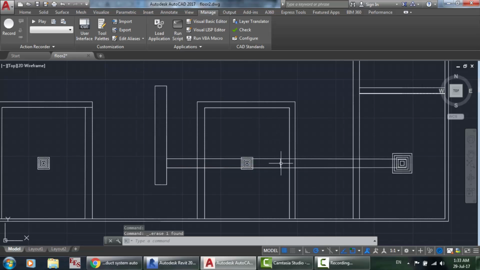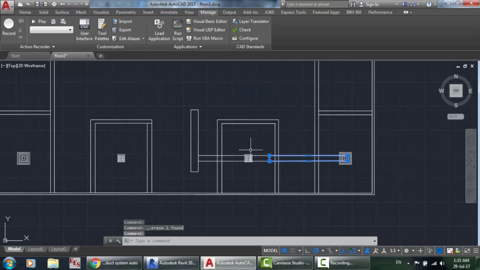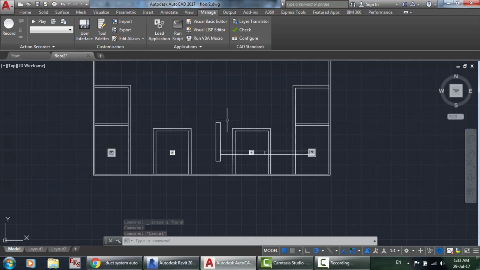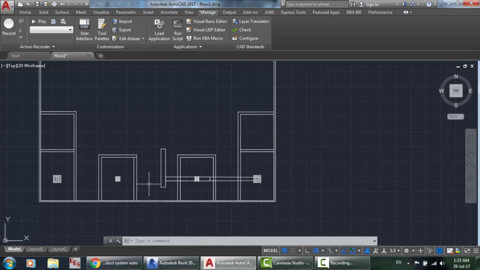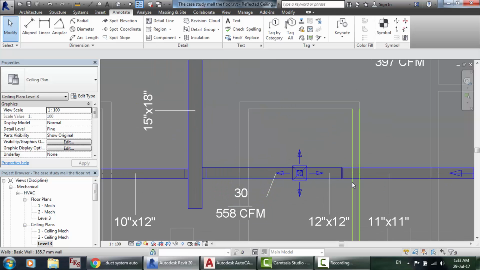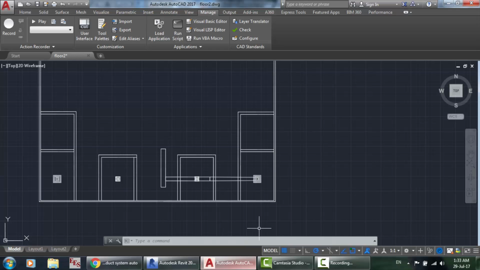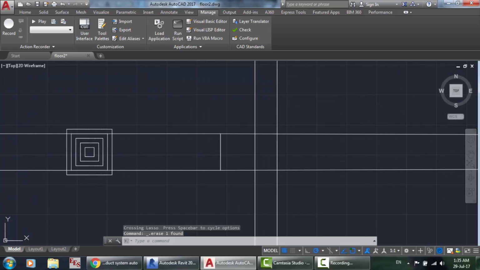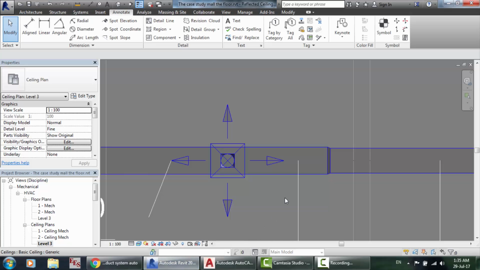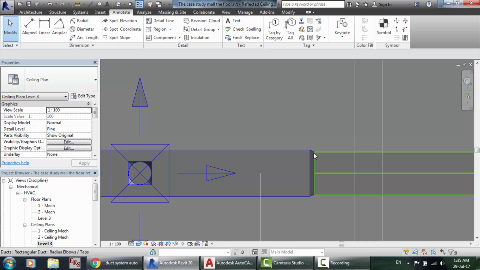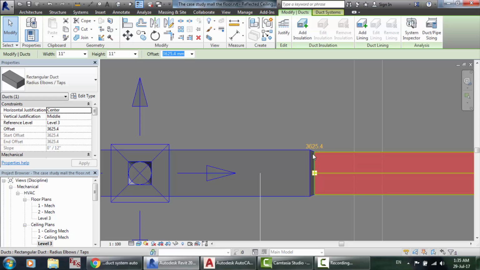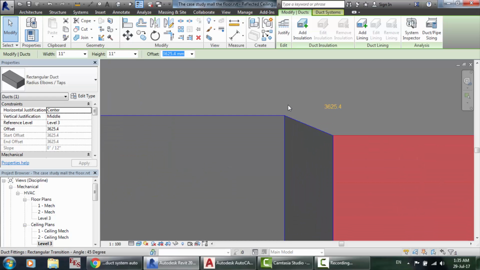Okay, here you can specify other dimensions for the longitudinal, for the length. Okay, so this is the reduction. So gentlemen, we see here that it is not exactly what we know, what we want. So here is 12 and here is 11. So this is the distance. So the distance,